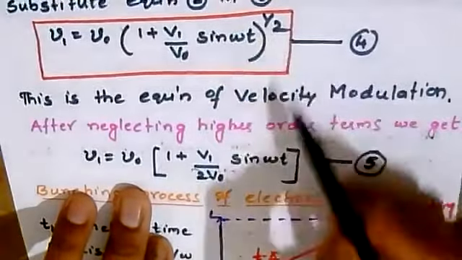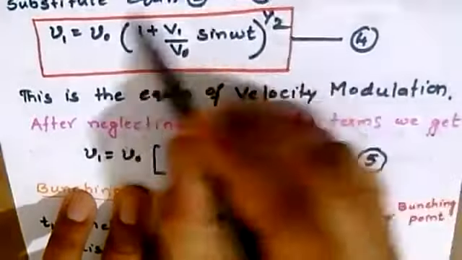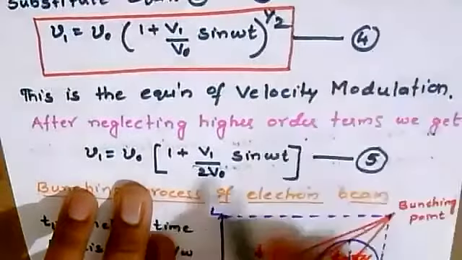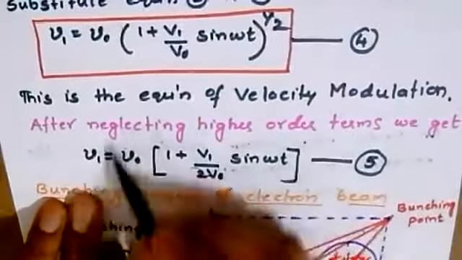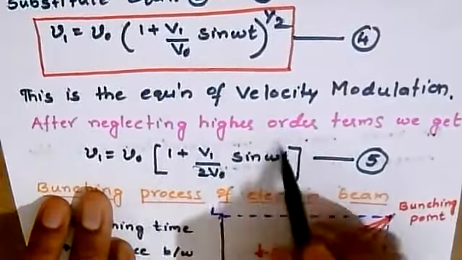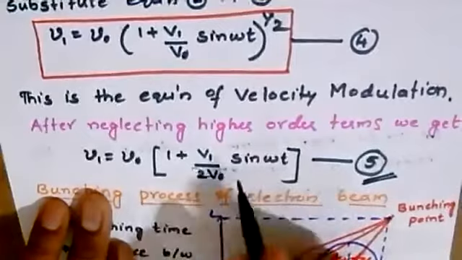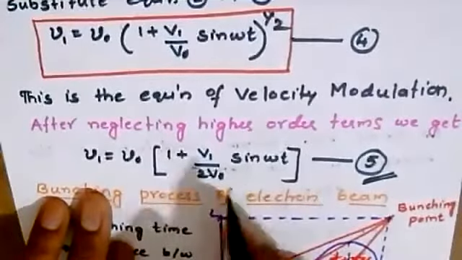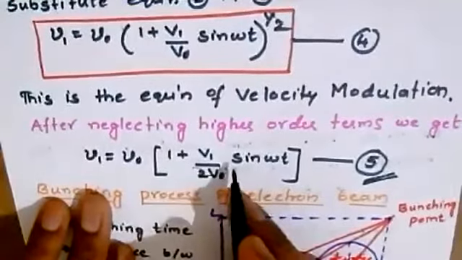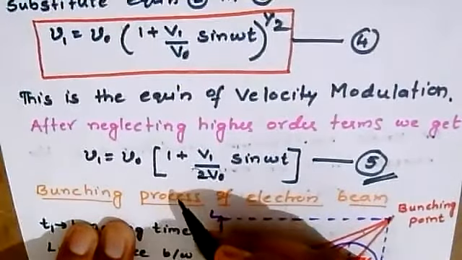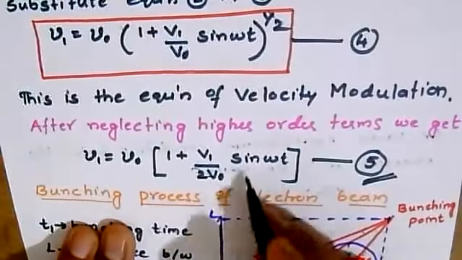Okay, so that's what we are expanding by 1 by 2. We are expanding through binomial series and neglecting higher order terms. We'll get the small modified velocity modulation equation, so that is being recorded as the fifth equation. Please do remember, we'll be making use of this particular equation in the bunching process, the next derivation, whatever we are going to discuss. So we are making use of that.